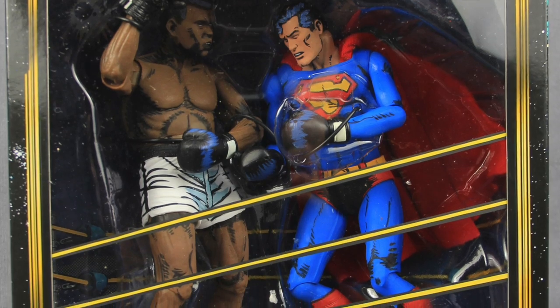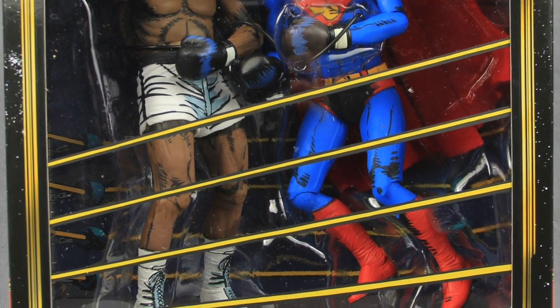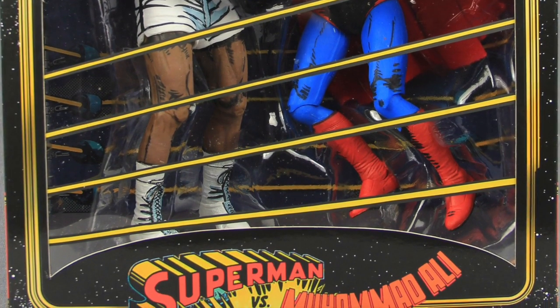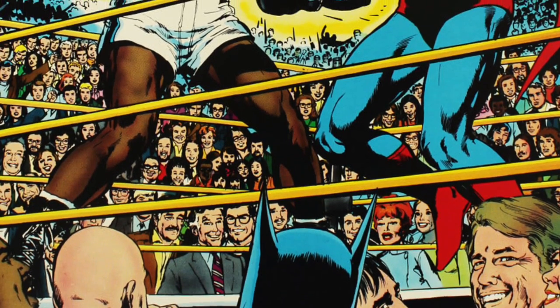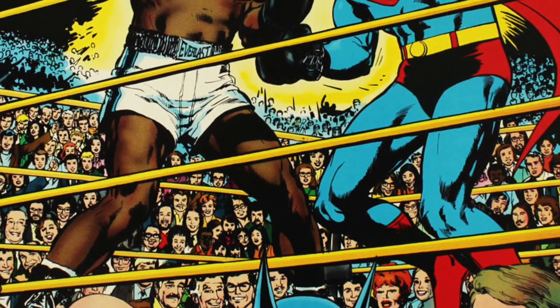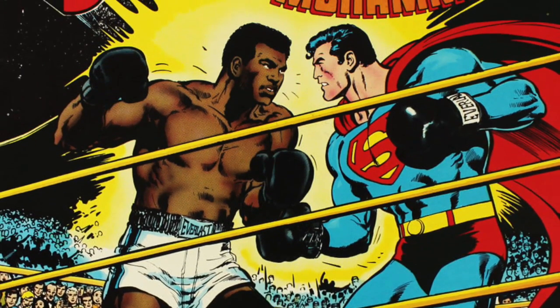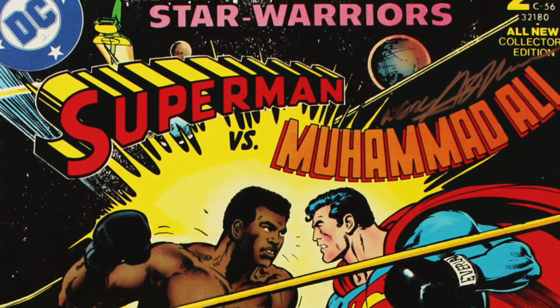And for today's review, we're going to be taking a look at the brand new 7-inch scale Superman vs. Muhammad Ali comic book figure set from NECA Toys. Now this is based on an old comic book that was put out by DC Comics back in 1978, I believe. It was an oversized comic and it featured Muhammad Ali, the classic real-life boxer, against the DC comic fictional